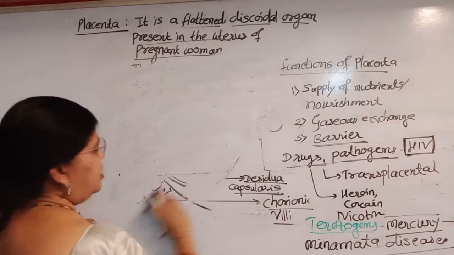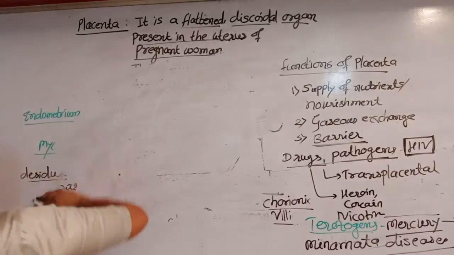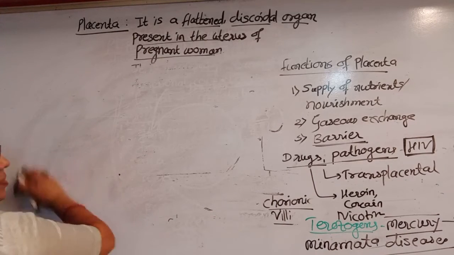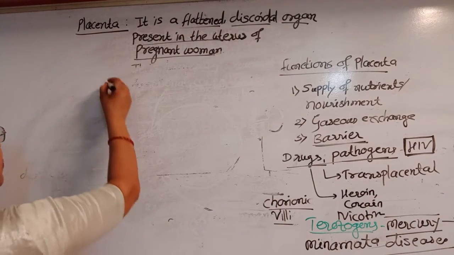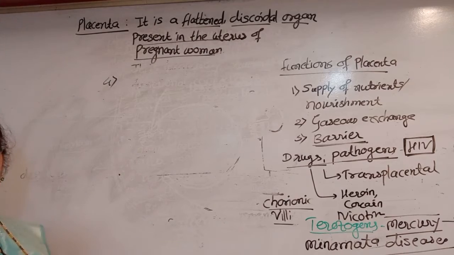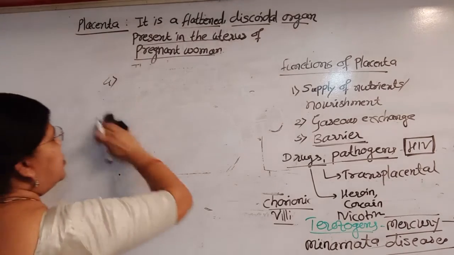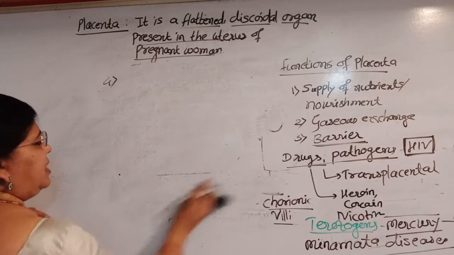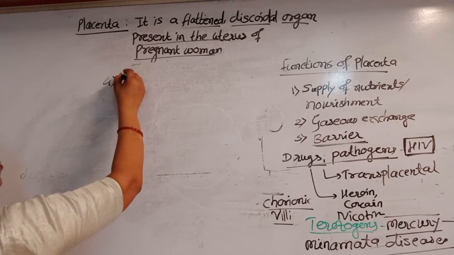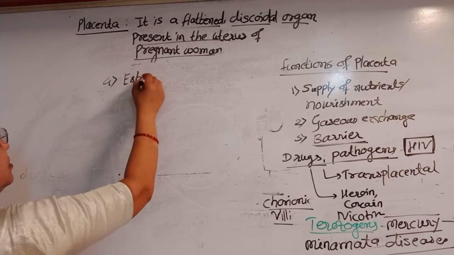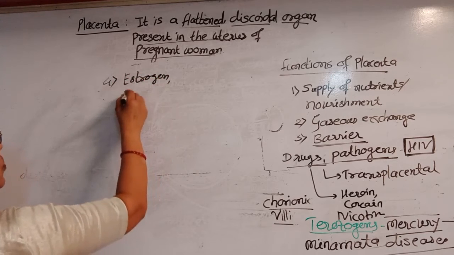We are discussing the functions of placenta. The fourth function of placenta is that it acts as an endocrine structure, and it secretes some hormones: estrogen, progesterone,